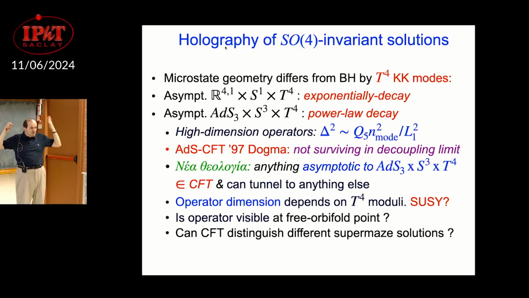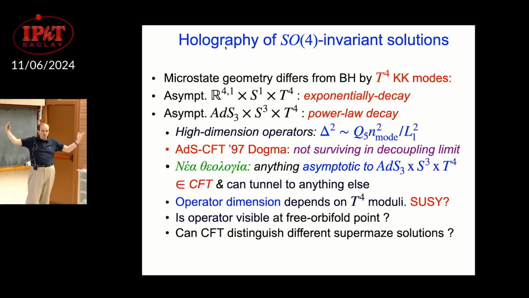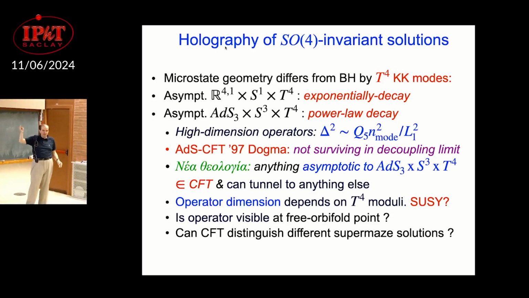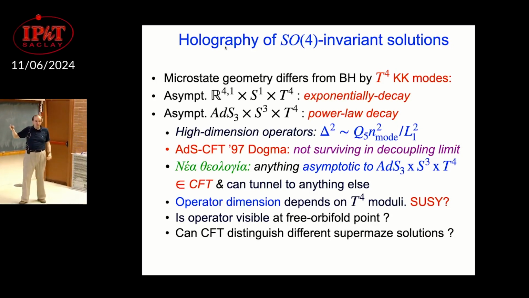I mean, again, they are spherically symmetric, so all their nice AdS3 times S3 times T4 fields are going to be the same as those of the black hole far away, but they'll have these extra operators. And the question is, can you understand these operators? Can you actually do holographic renormalization with them? I don't know. It's something which I don't know.